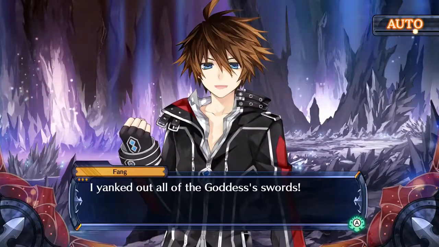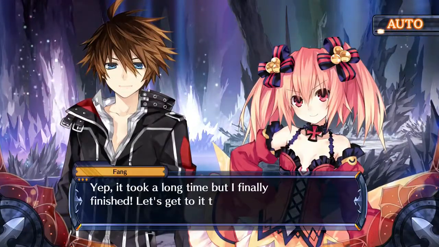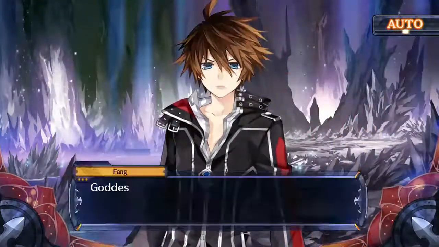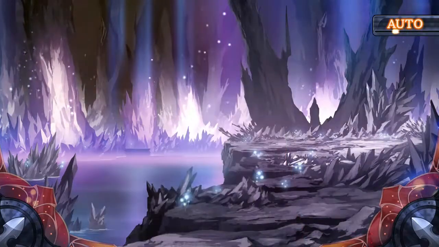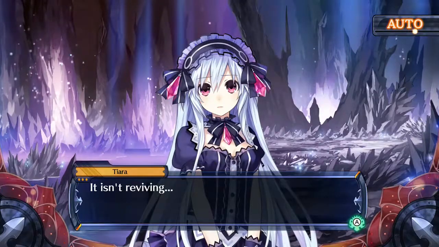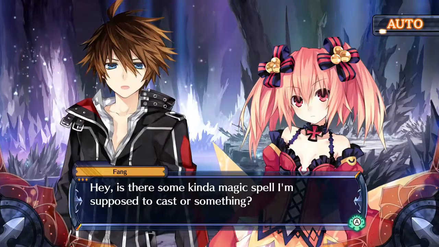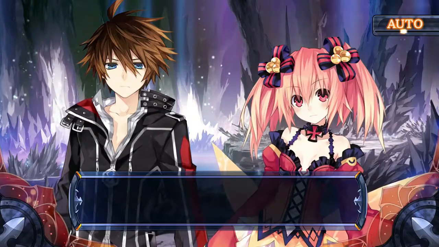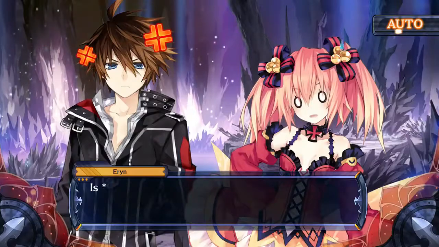Ciao! 全部抜いたぜ、女神の剣。 いよいよね。 ああ、長かったけどこれで全部終わりだ。そんじゃ行くぜ、目覚めろ女神。今こそ復活の時。 復活しませんね。 おい、なんか呪文みたいなのがあるんじゃねえのか。 そんなこと言われたって知らないわよ。 じゃあどうすんだよ、かっこつけて叫んだ俺の立場は。 ってそっちかい。